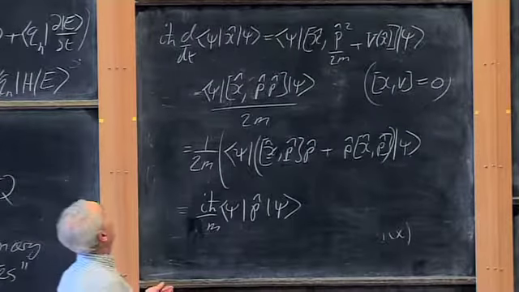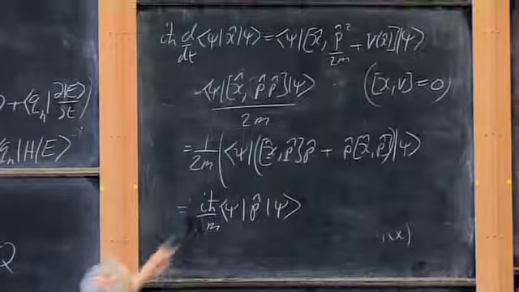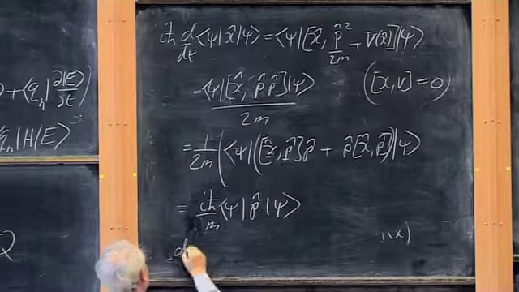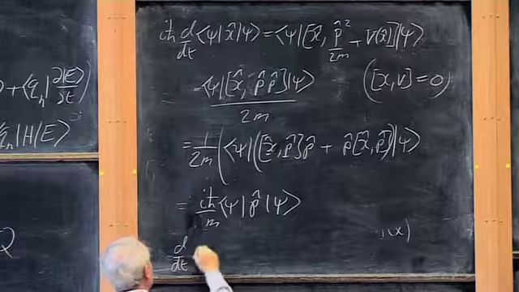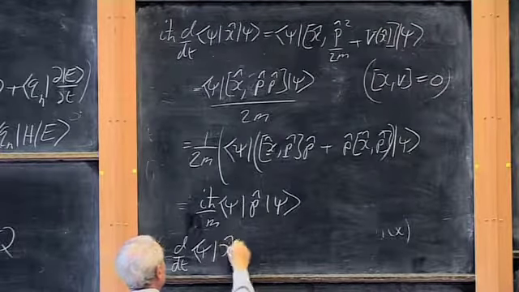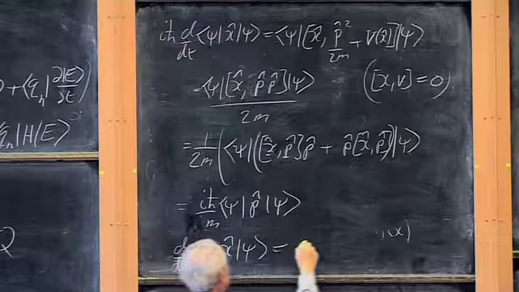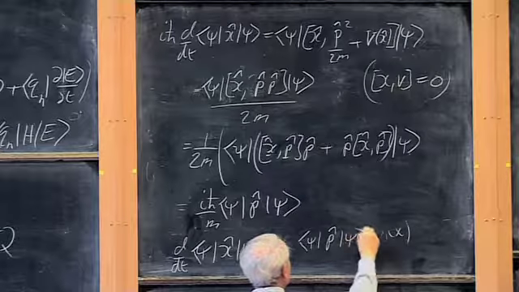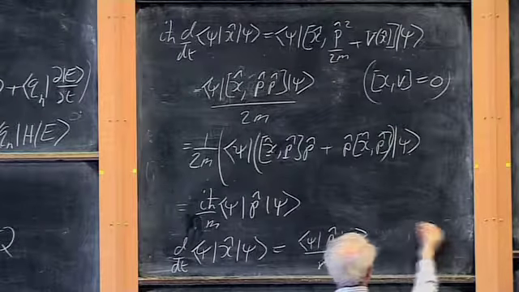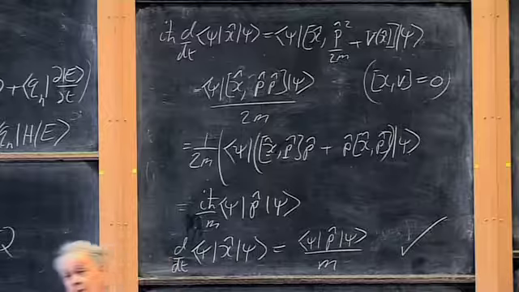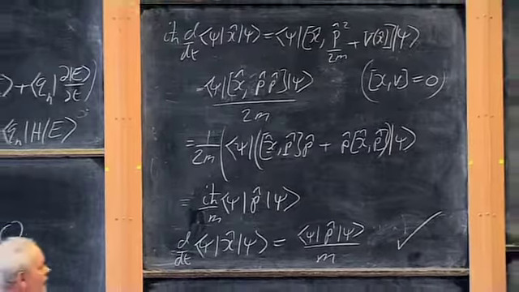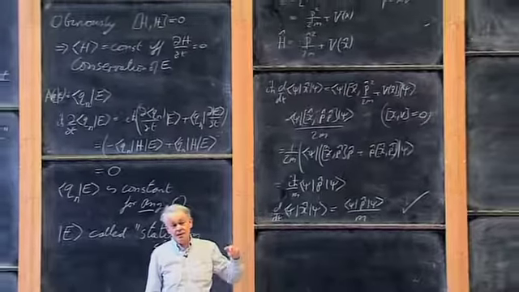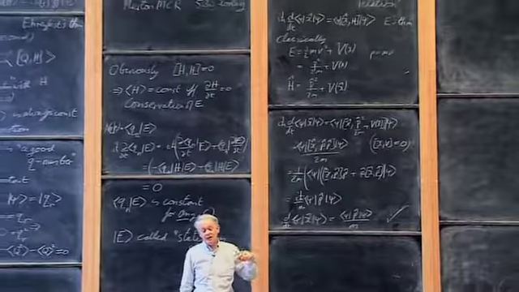So what have we discovered? We've discovered that we can cancel this iħ on the right side with what we had on the left side and say that d/dt of the expectation value of the position is in fact equal to the expectation value of the momentum over m, which is exactly what we were hoping for. So we have recovered the relationship between velocity and momentum, which in Hamiltonian mechanics is